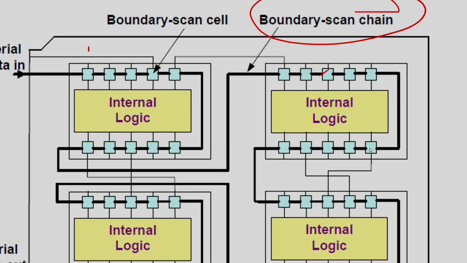So for example, if I want to access this point, I can shift the values in a scan mode and bring the value over here. Maybe I require a 1 over here, so you can start shifting the values to this point. I can easily access this. These points are not a problem to give any values because they are directly connected to the input output lines. But for the internal one, I can apply a scan mode and bring in the value, and here the same multiplexing arrangement like a scan register will be there. So you will decouple it and the value will be available over here. The same philosophy is applied, but we have to apply it in a scan mode, like a simple scan architecture.